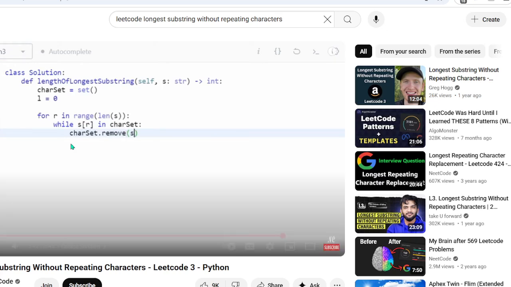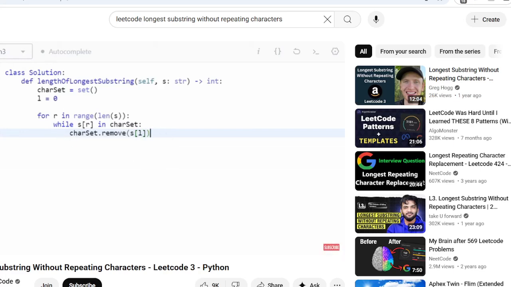My question in this implementation is, is it not possible that L can bypass R? And then of course we have to update that left pointer, increment it by 1. And we're going to keep doing this while that duplicate remains in the character set. After we've removed all duplicates, then we can just add this rightmost character to our set.